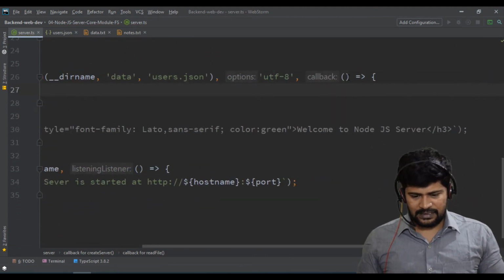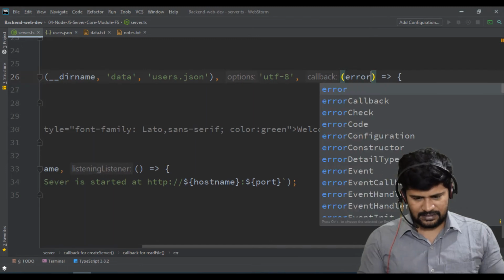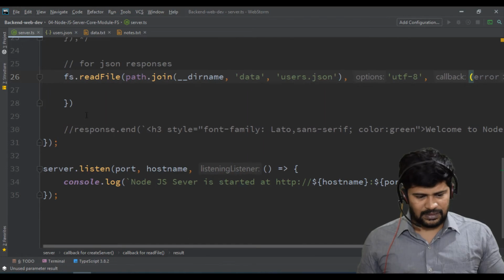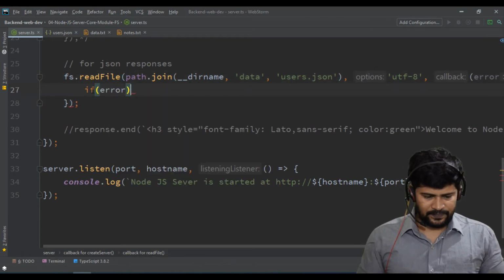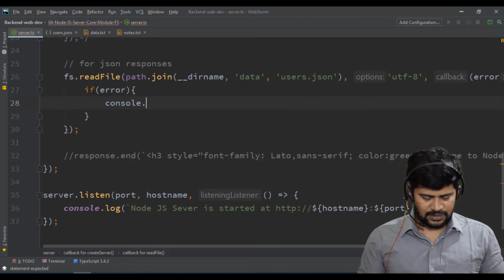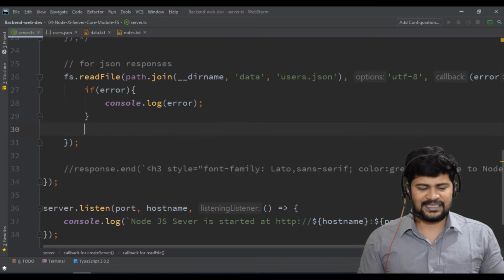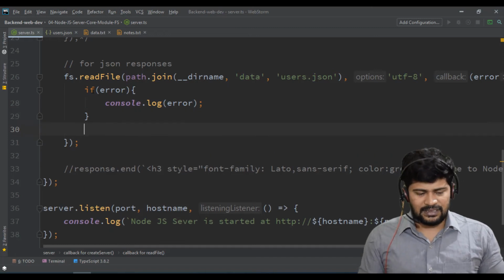This callback contains two things: error and result. If there is any error, you can just console.log the error, and if no error, you can send the response back from the server.